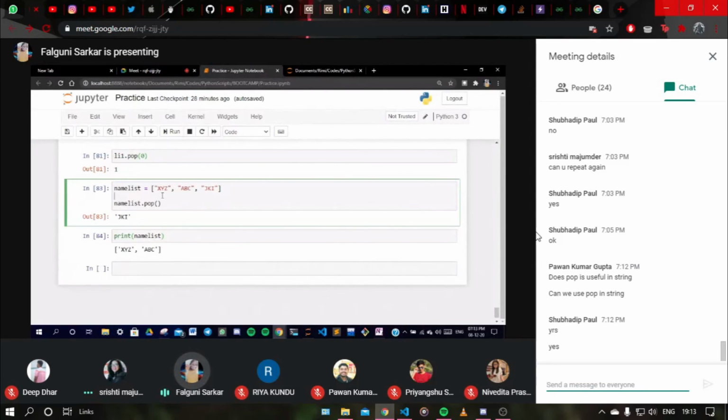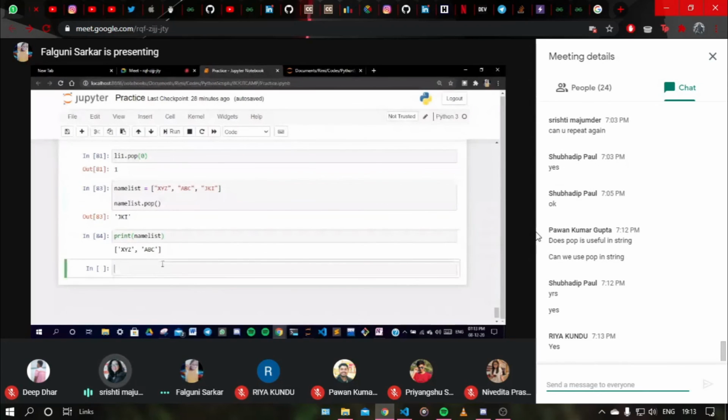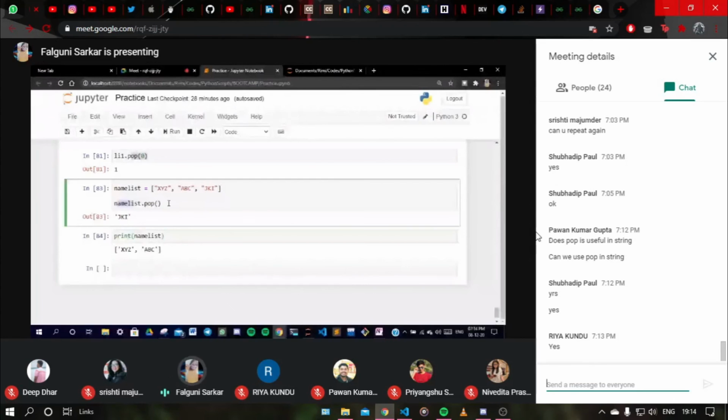कोई पूछ रहा था ना पॉप के लिए। हाँ हाँ। अच्छा, क्या वो कंपल्सरी लास्ट वाला एलिमेंट ही पॉप होगा? हाँ, वो बाय डिफॉल्ट लास्ट वाले एलिमेंट को ही पॉप करता है। अगर मैंने इसे स्पेसिफाई कर दिया, मतलब मान लो जैसे मुझे अब XYZ को पॉप करना है, तो मैं यहाँ पे ना ये वाले फंक्शन में